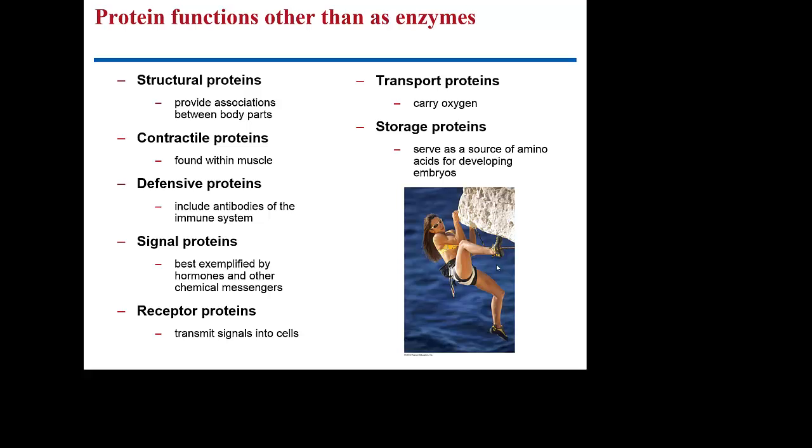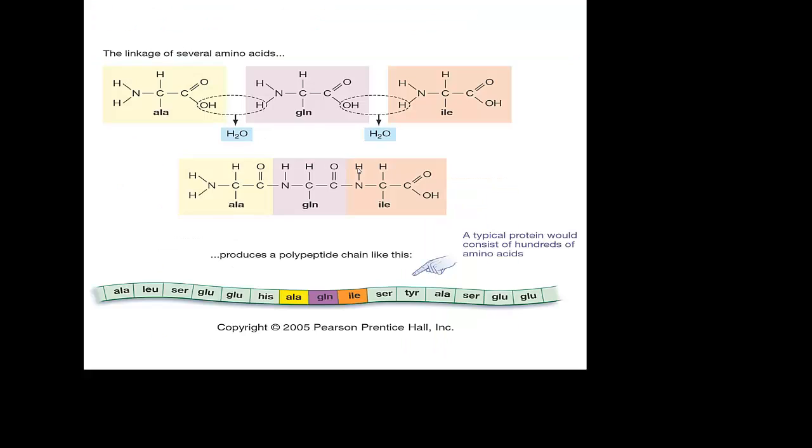So this is just a small list of all the things that proteins are doing in your body, from storage and transport to structural, to receptors and signaling, to defensive. We'll look at some of them associated with your immune system later on. There are just tons and tons of jobs for this combination of amino acids put together into this